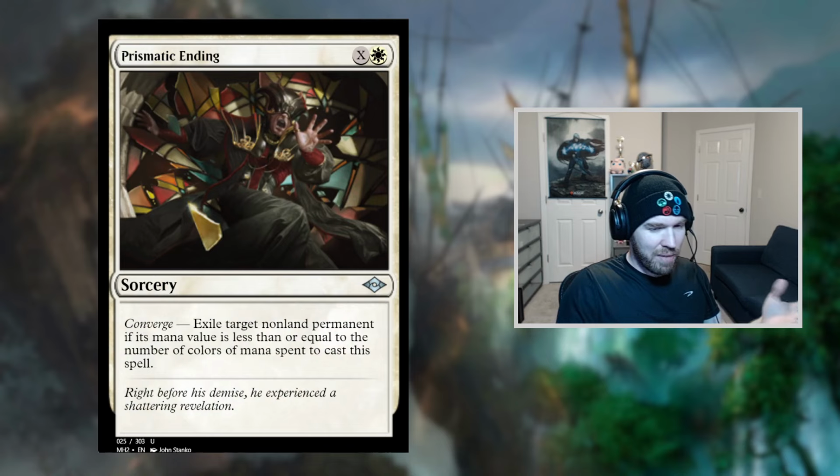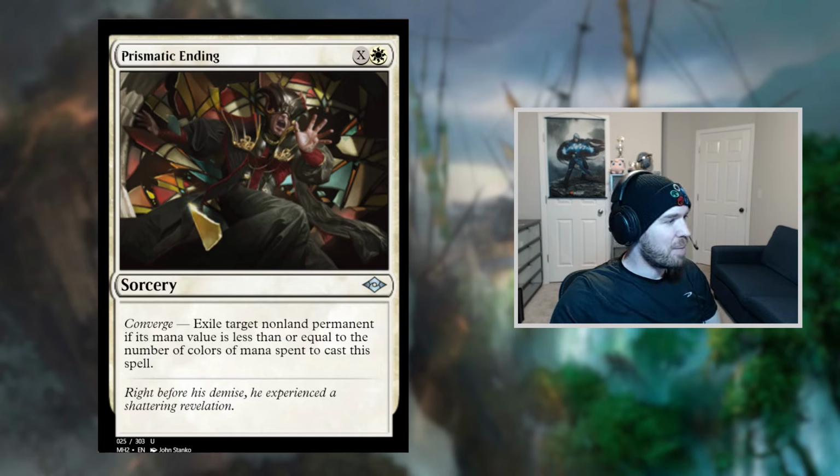I am still playing a Prismatic Ending over Leyline Binding. Some decks play both. A lot of them do, but Leyline Binding sometimes is a bit of a liability. There's a lot of mainboard Boseijus, and I like the efficiency of Prismatic Ending. I'm still rocking